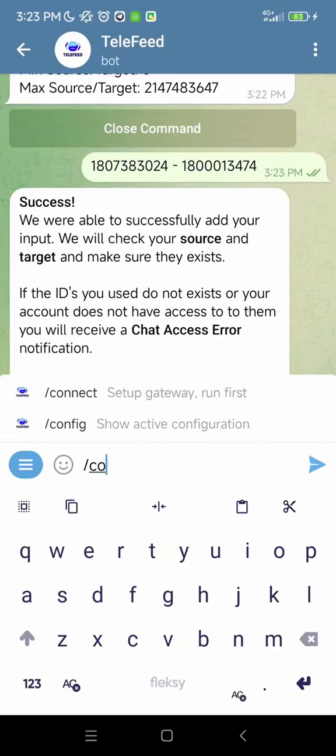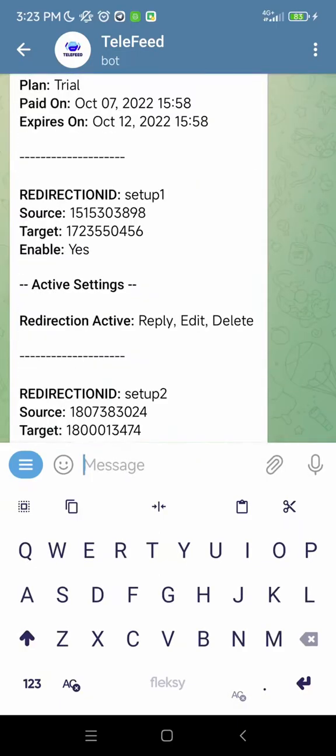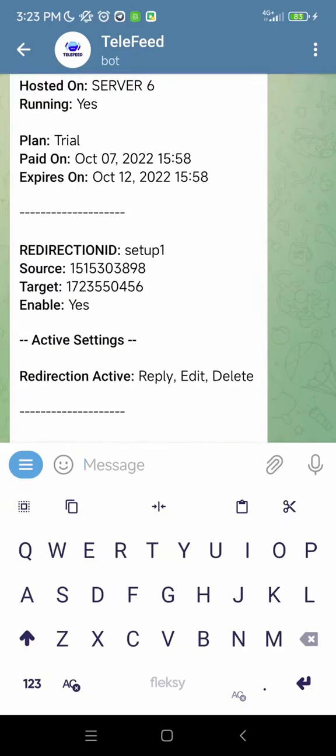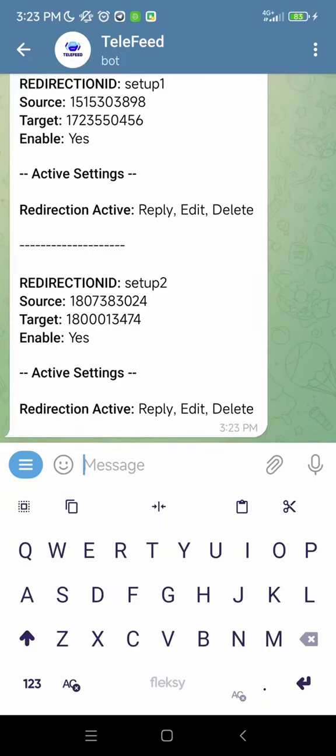After creating both these setups, I'm going to run the config command just to make sure that everything is running as I want it to. And you'll notice that the config menu has two entries now, one called Setup1 and another called Setup2. Here we can verify that we're using the right IDs and that the setup is indeed active. Remember not to use Setup1 as the redirection ID twice,